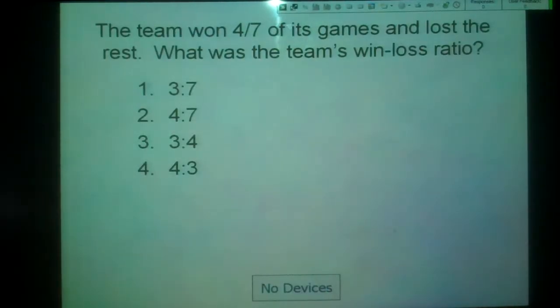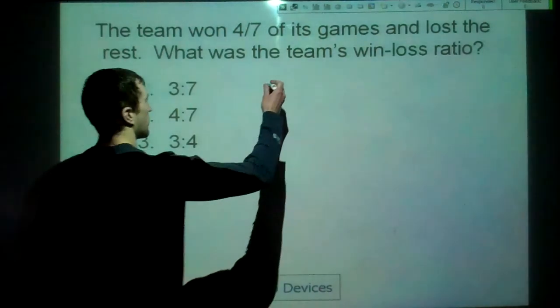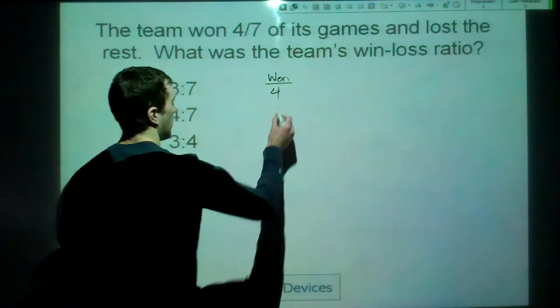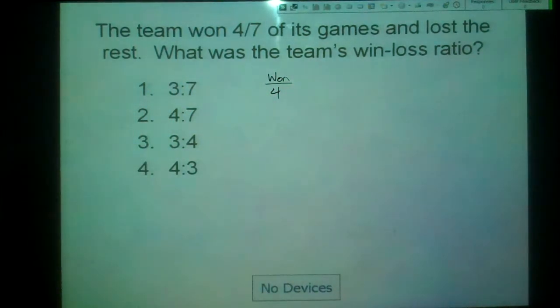So then I have a couple examples that we will go over. This would be one of them. It says the team won 4/7 of its games and lost the rest. What was the team's win-loss ratio? Okay, so won 4 games. We need to figure out how many they lost. Did they lose 7? No, they played a total of 7 games, or at least